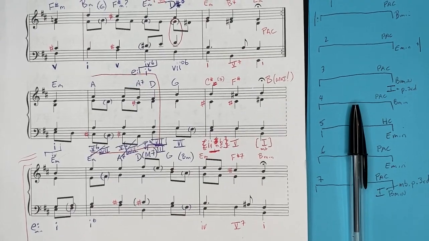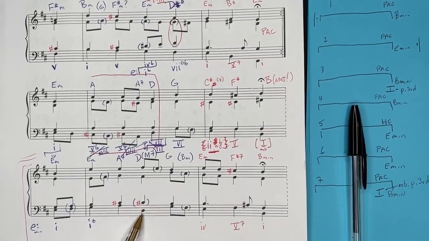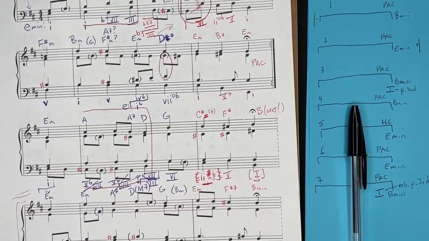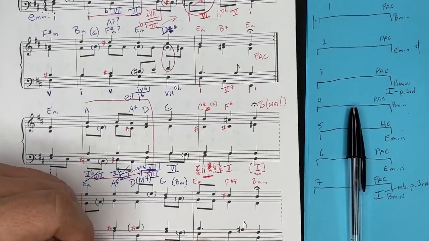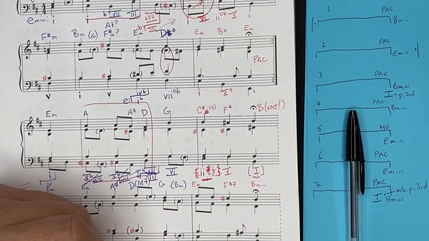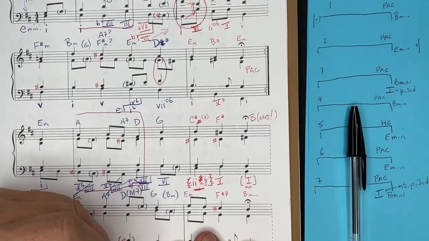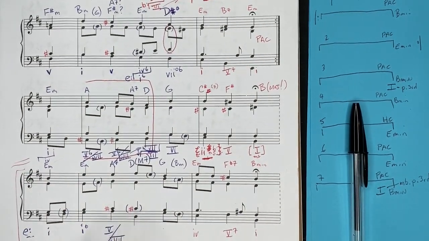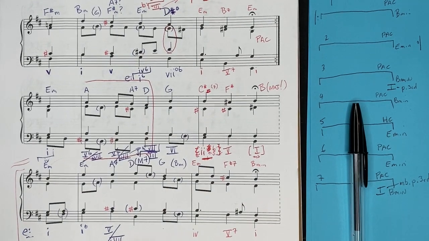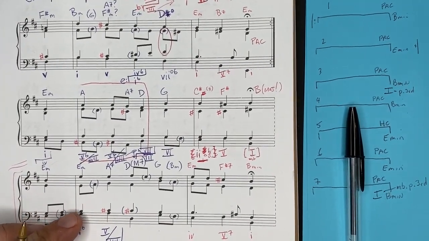So let's interpret this. You can say, we're already in the key of B minor once you hear these. But I like to interpret this part at the top here similarly to this, because I feel like they're analogs. And so this is the 5 of my subtonic 7 right there, right? Which is what happened. We went 1 and then subtonic 7, and 3 is right there. However, the C sharps undercut that. So whether it's here or here, and I'm going to do it here, just because that's the first place we hear different,